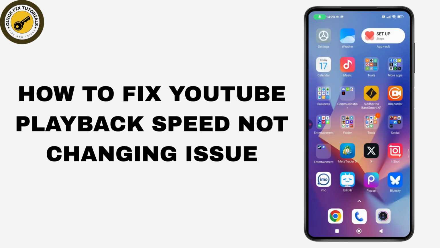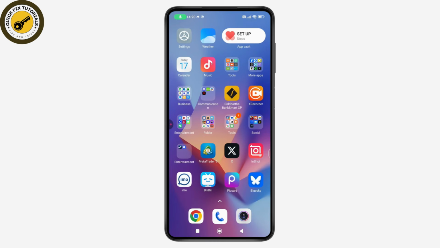How to fix YouTube playback speed not changing issue. So if you want to fix your YouTube playback speed not working, then what you need to do is first